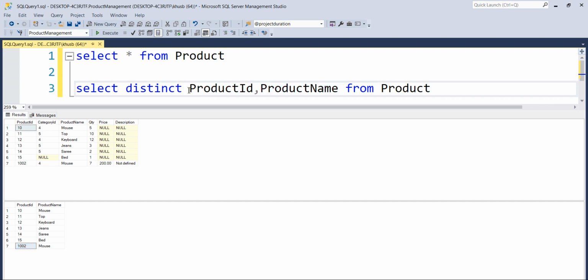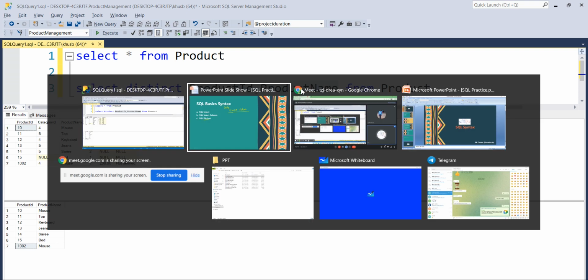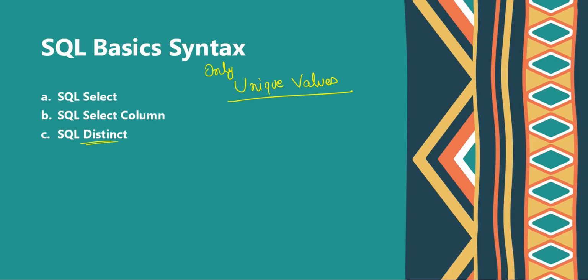So whatever the columns I will define here, it is going to distinct, it is going to unique all by group. So via looking all these values of product id and product name, if it is same, then only it is going to remove the duplicates values. So distinct is basically used to